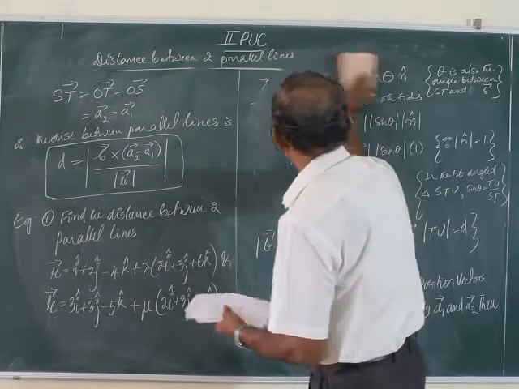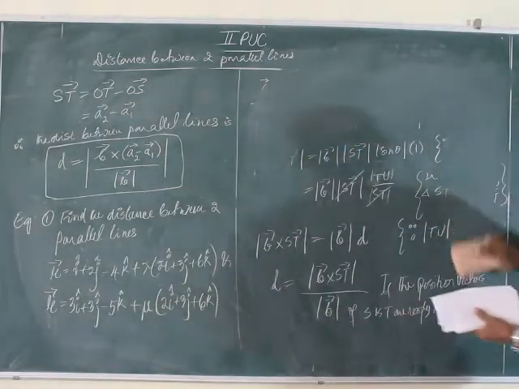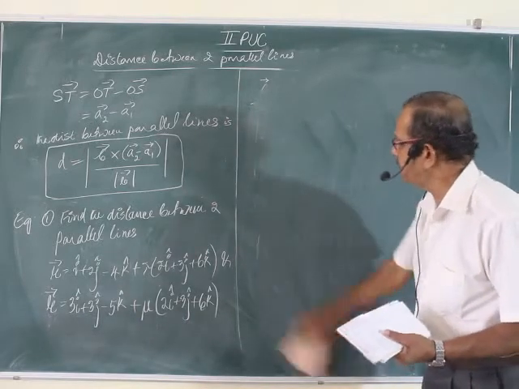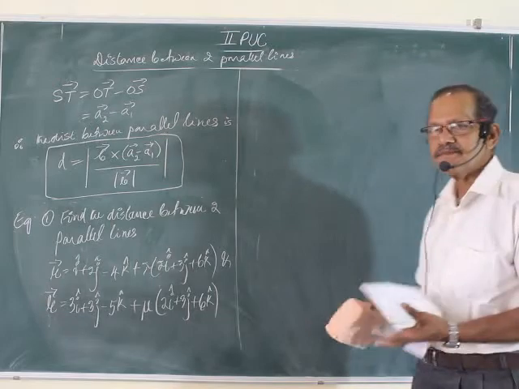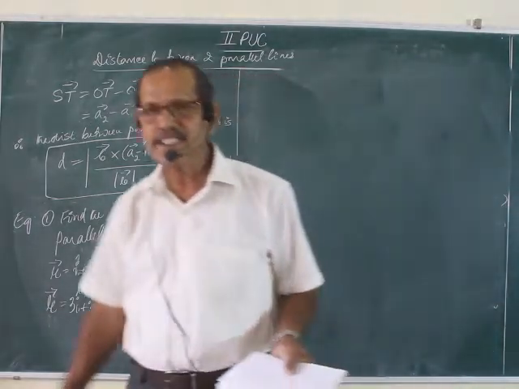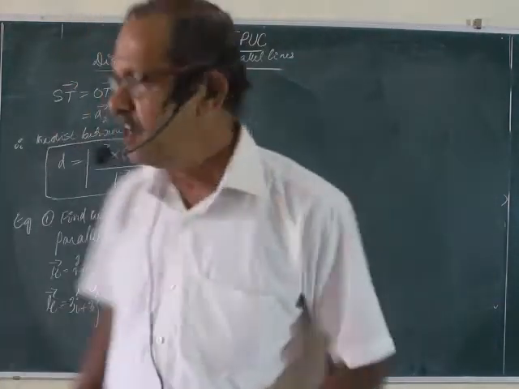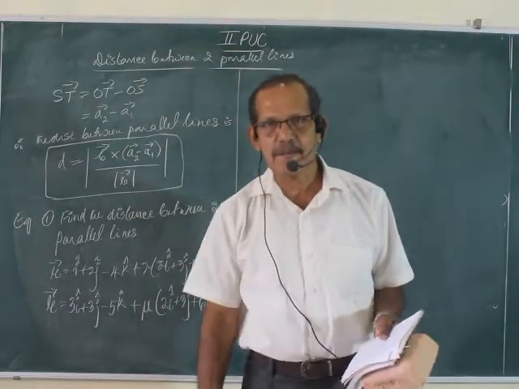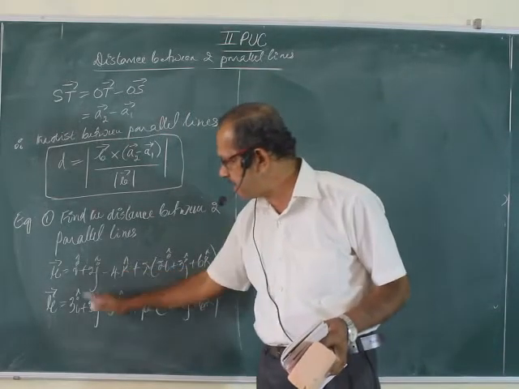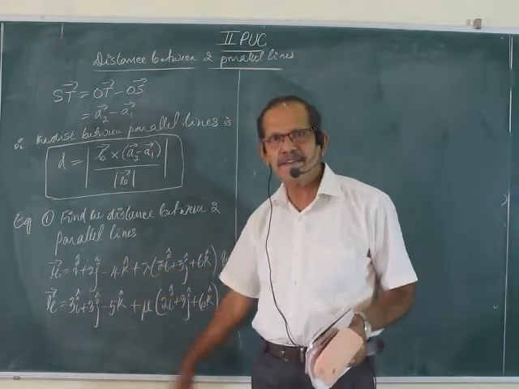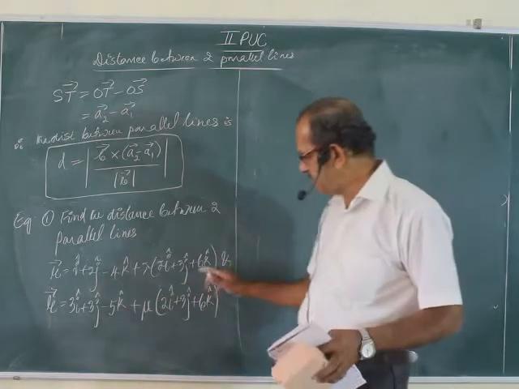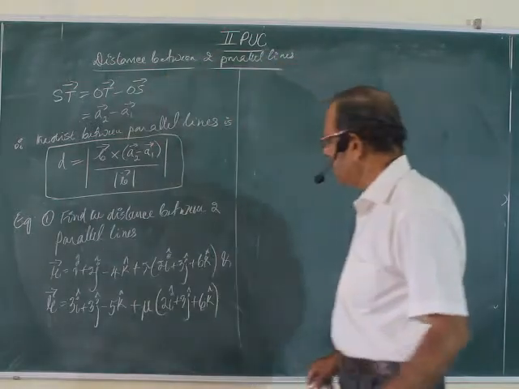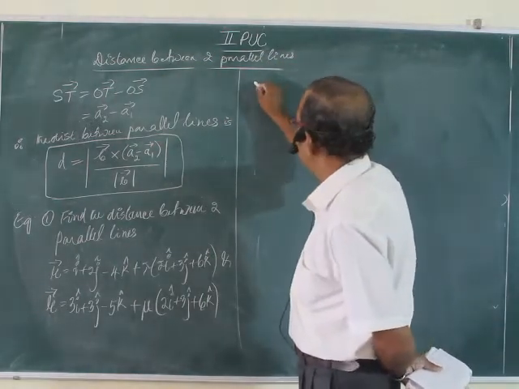You can observe one thing here. These two lines are always parallel. Why? It can be decided from the vector b, because b determines the direction of the line. If b is the same for both the lines, they are parallel. Lines are parallel, but they pass through different points. A are different, A1, A2. B is the same. Lines are parallel. Anyway, let me write the formula first.